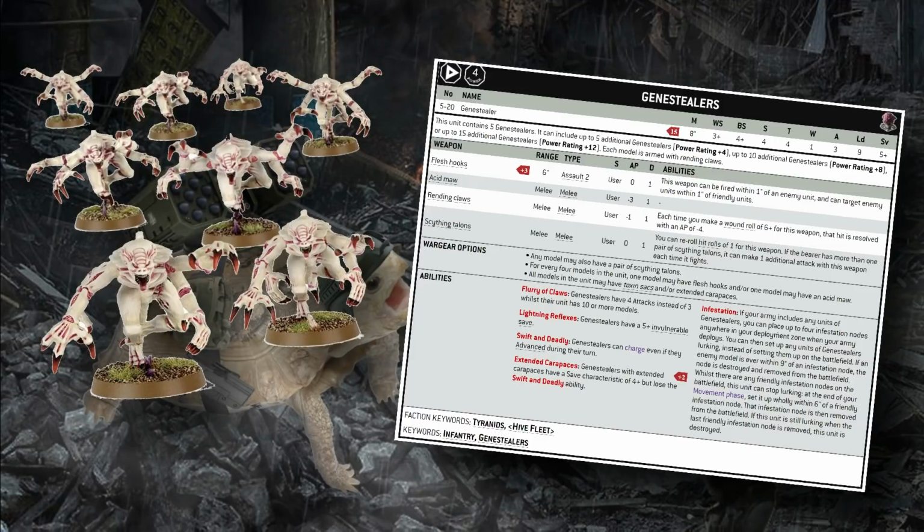The Acid Maw is a little bit more consistent AP value, so normally if you're attacking an armored target, you're going to want to swing with the Acid Maw. That said, the Acid Maw models also have Rending Claws, so if you're swinging against something that's toughness 8, you can make all your attacks with Rending Claws, because then if you roll 6s to wound, which is the only way you're going to wound anyway, it's already going to be AP 4,